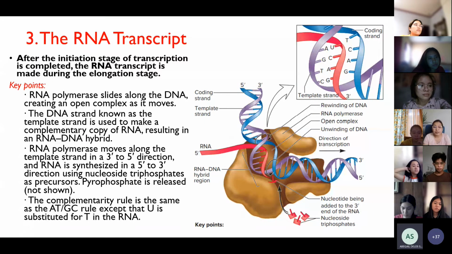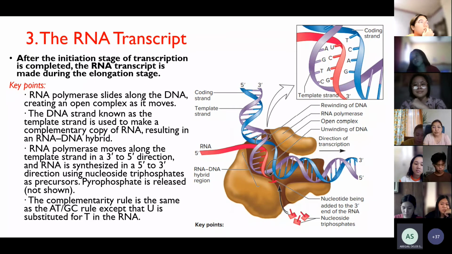So your RNA polymerase would connect the nucleotides in the 5' to 3' direction. And during this process, your RNA polymerase would catalyze the formation of a bond between the 5' phosphate group on one side of your nucleotide and the 3' hydroxyl group on the previous nucleotide. So here,